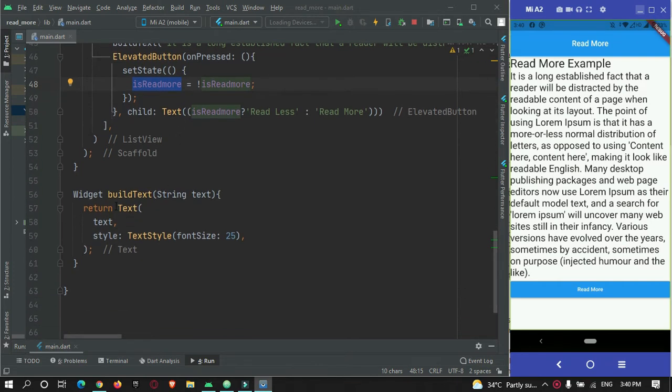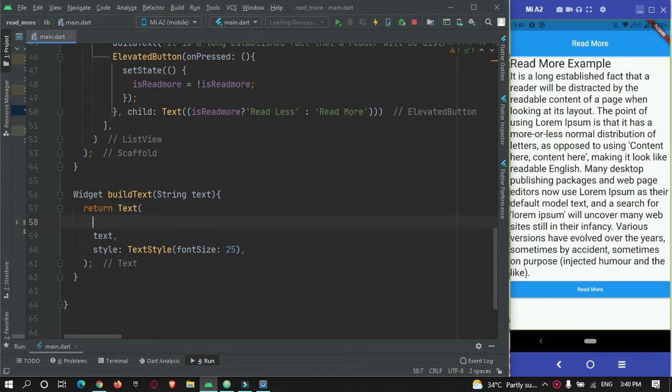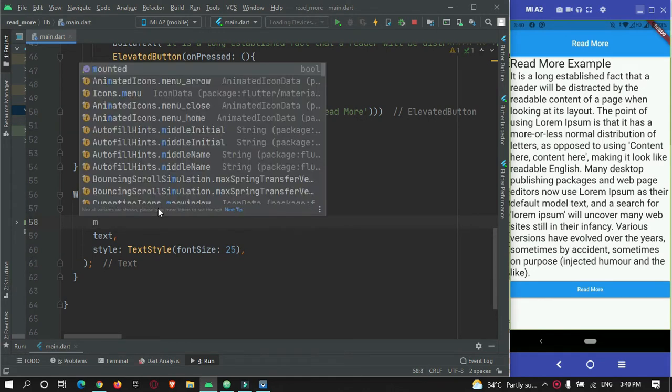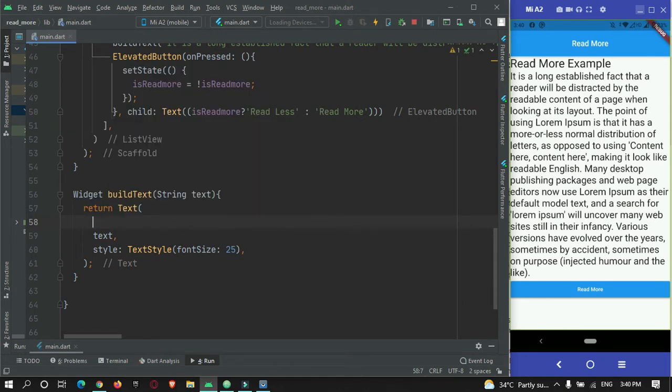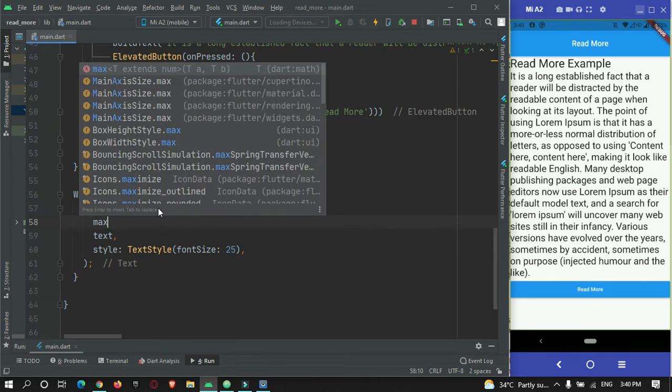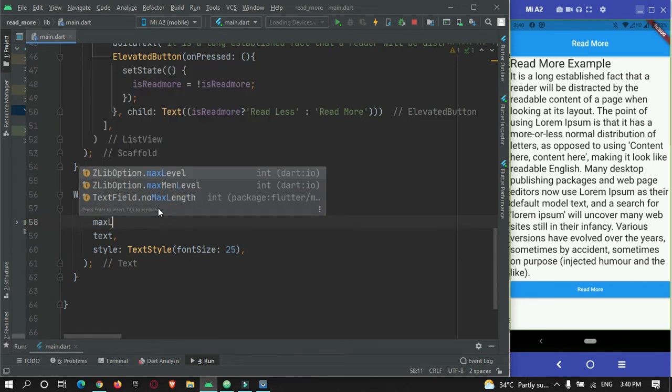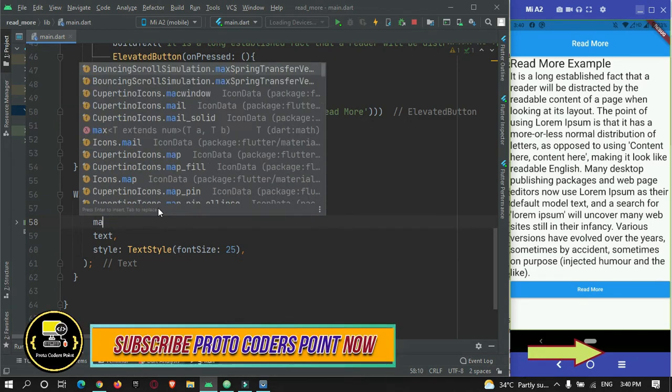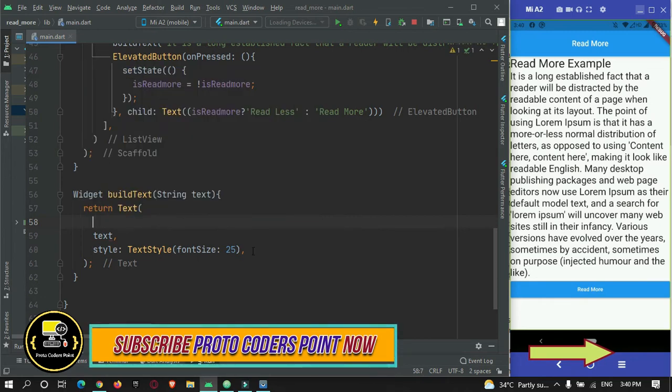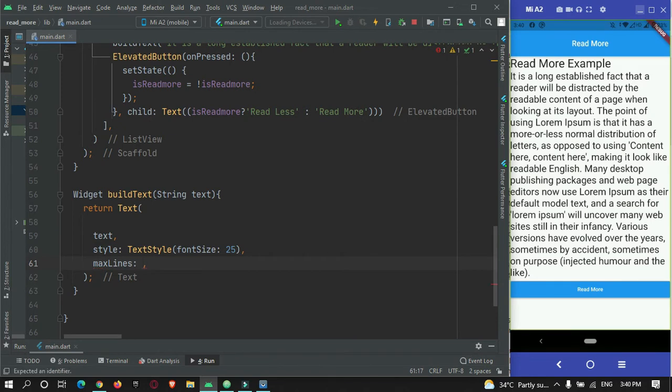For that, there is a property in the text widget, that is maxLines. It is not taking. Let me check. Max lines, yes, maxLines, and you can set the maximum number of lines to be displayed initially to the user. I'm just hot reloading.